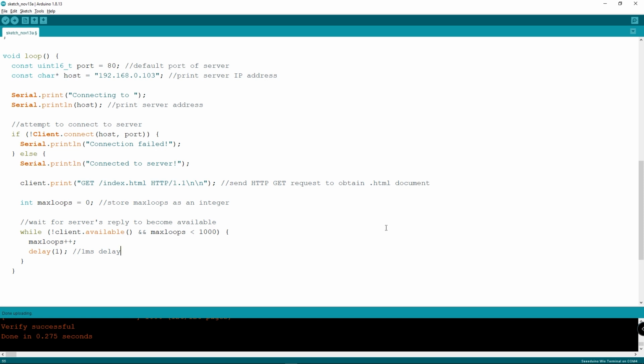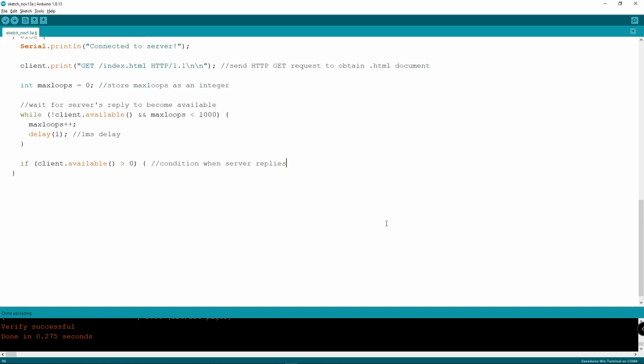After that, check for the condition when the server replies back. This is to read back one line from the server response.